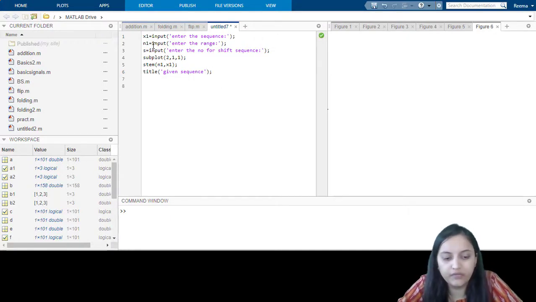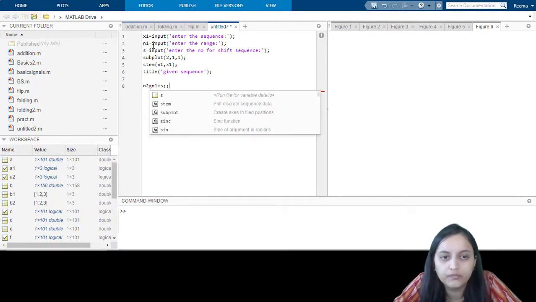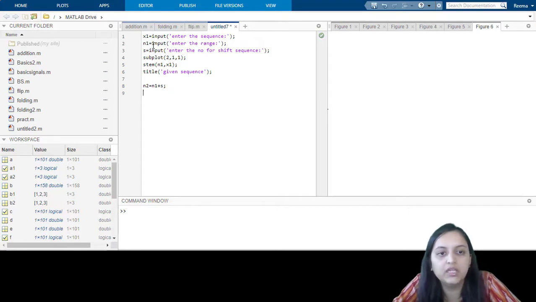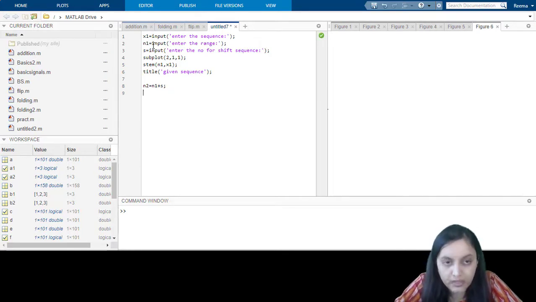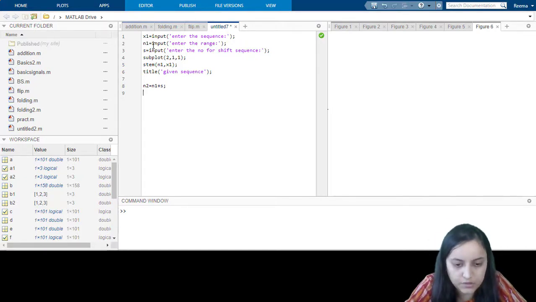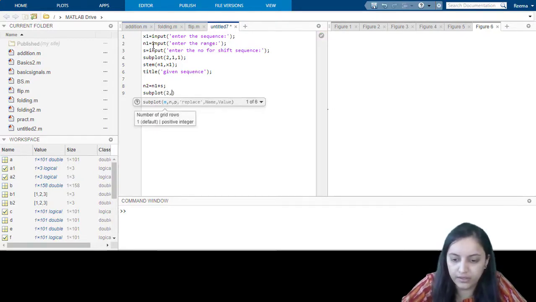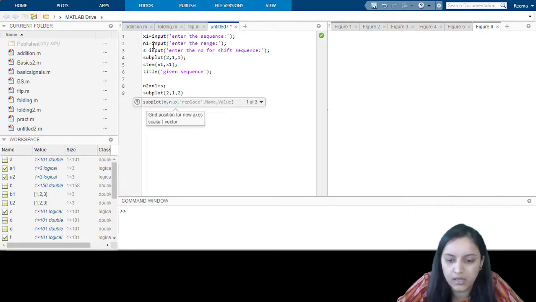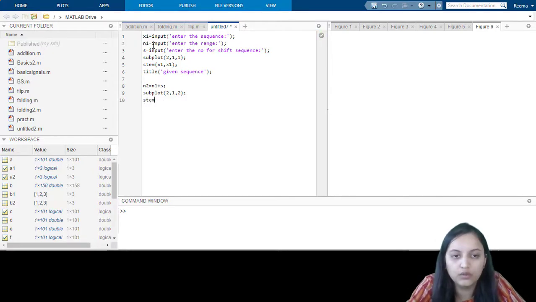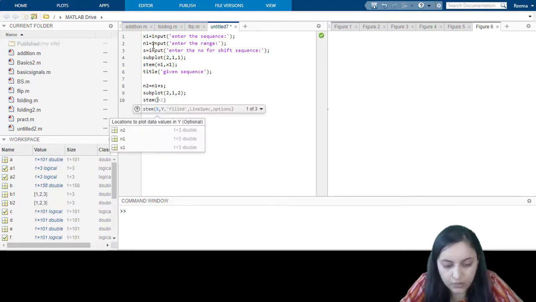Now the shifted sequence is given by another variable, n2 equals n1 plus s. This line indicates that we take n1 and add the number of shifts given by the user, and it is stored in the variable n2. Now we need to plot that. For that we will give the position subplot 212, and to plot it as discrete we will use the stem function.